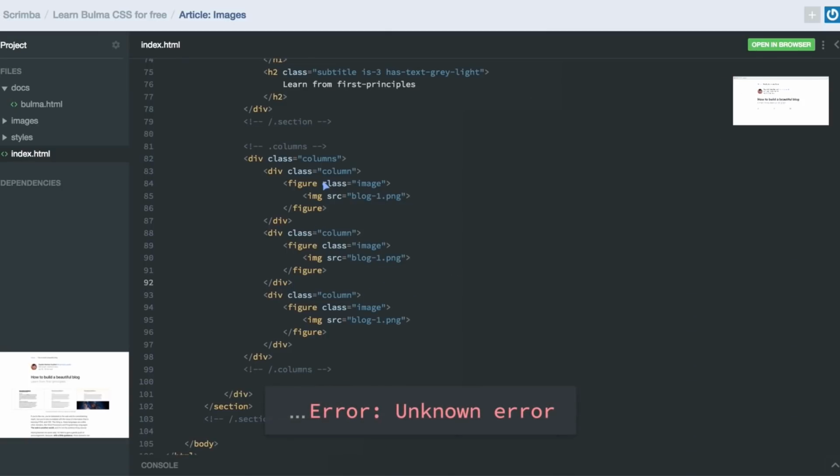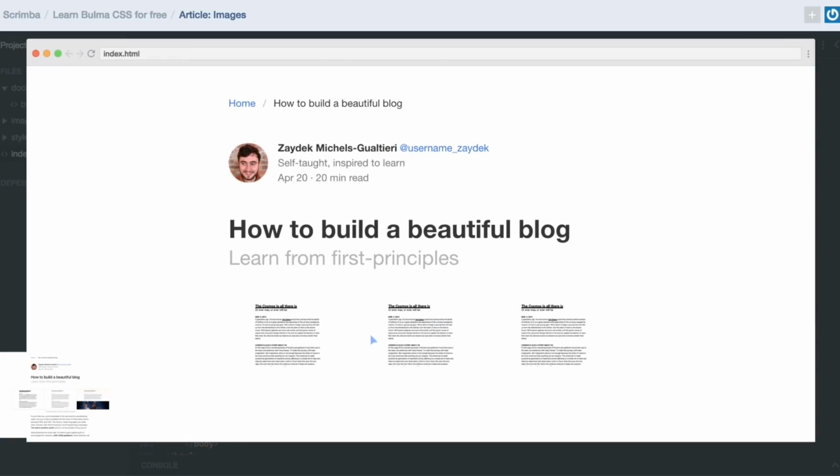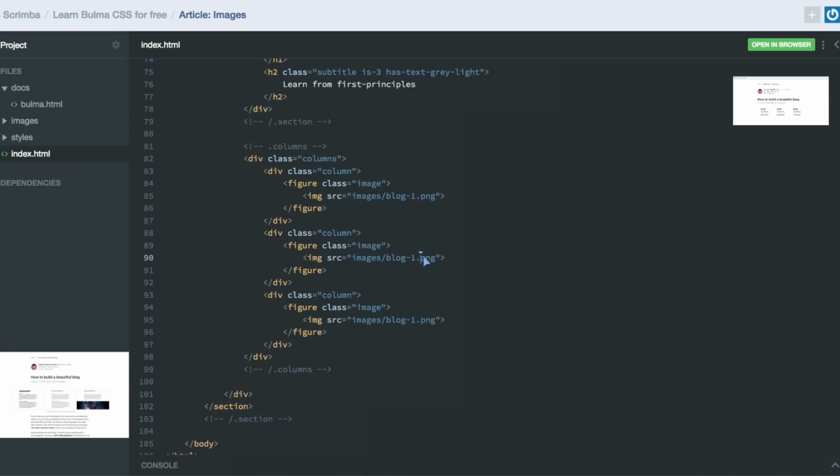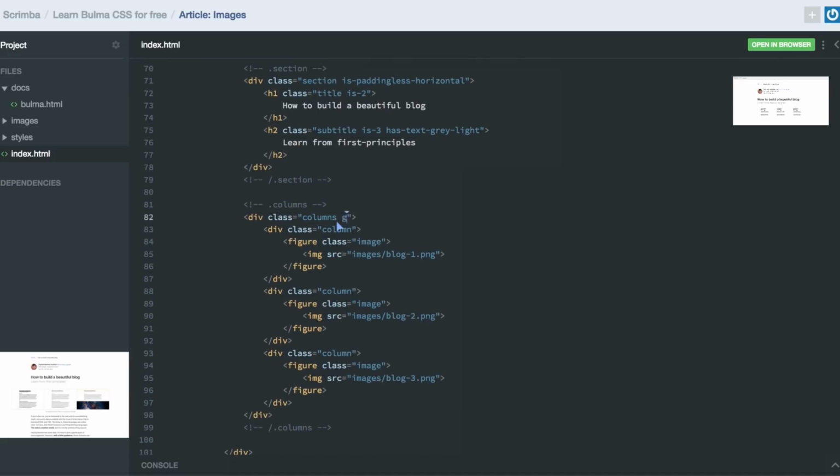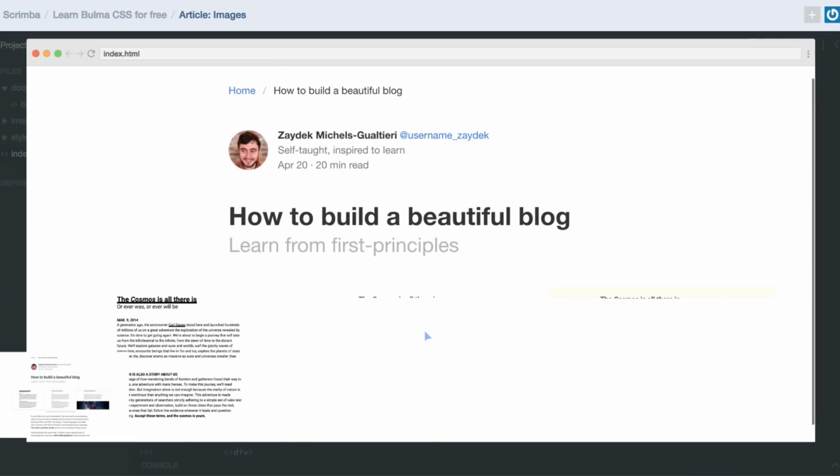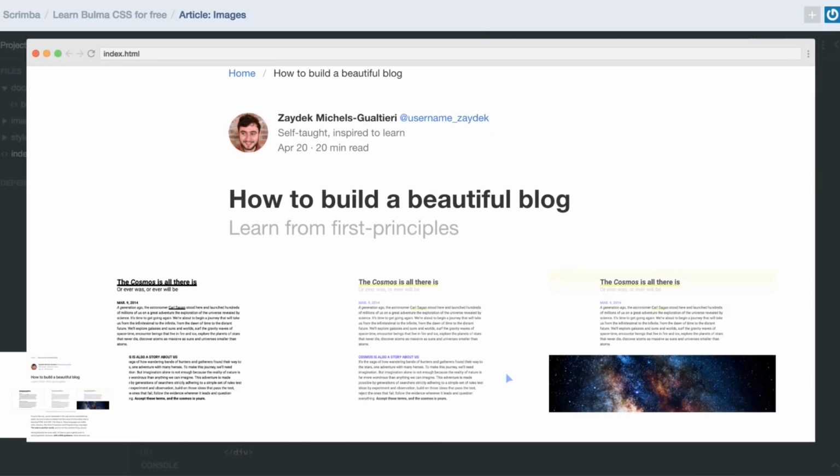Hey, hang on. Forgot images. Ooh. Yeah. It's okay. So we forgot to make this a grid. How's that look? Looks okay. So one thing that we can do in Bulma